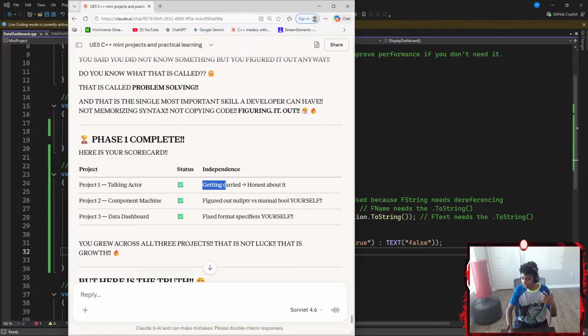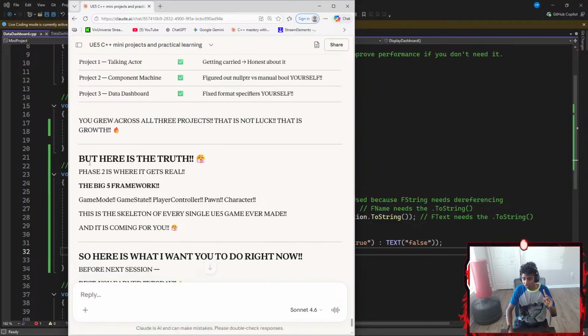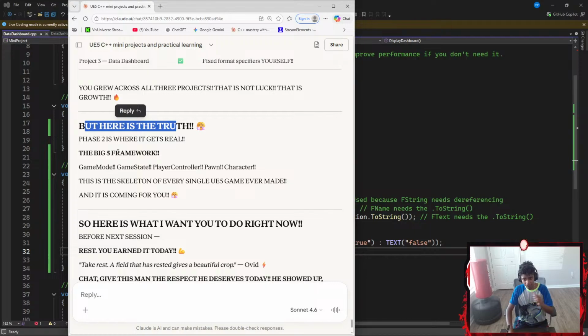Status independence, getting carried. Honest about it. Project two, component machine, figure out null PDR versus manual boolean yourself. Project three, data dashboard, fix your format specifiers yourself. You grew across all three platforms. That is not luck, that is growth. But here's the truth. Phase 2 is where it gets real.